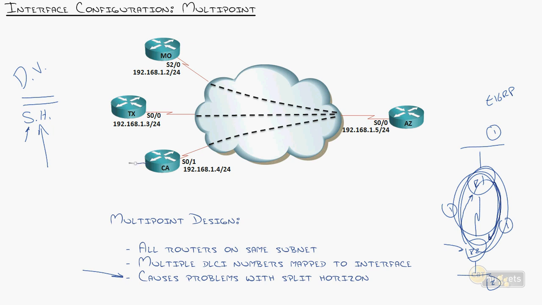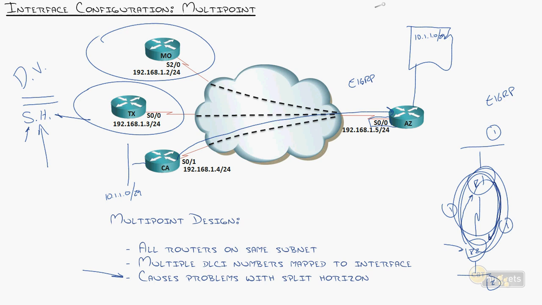So let me give you an example in this frame relay world. California, let's say, has the 10.1.1.0 network, right? And he tells Arizona via EIGRP, hey, Arizona, I know about 10.1.1.0. Arizona's like, fantastic, great, I'm adding that to my routing table, and now I know how to reach the 10.1.1.0 network. But split horizon jumps in and says, oh, you received that on serial 0/0. Never, ever send it out. What's the result? Texas and Missouri never know that the 10.1.1.0 network exists, because Arizona never passes it on,